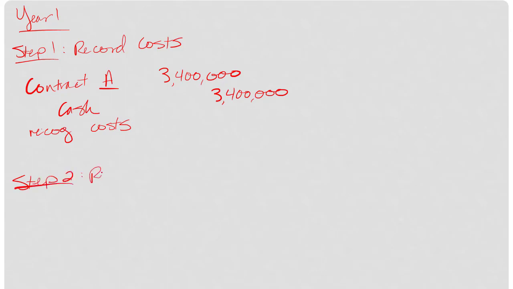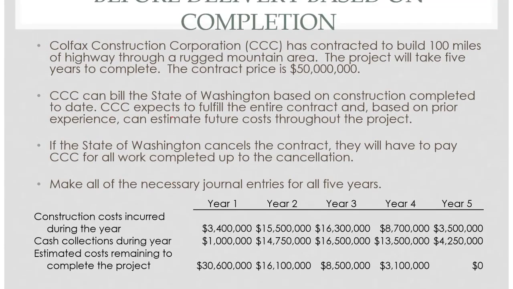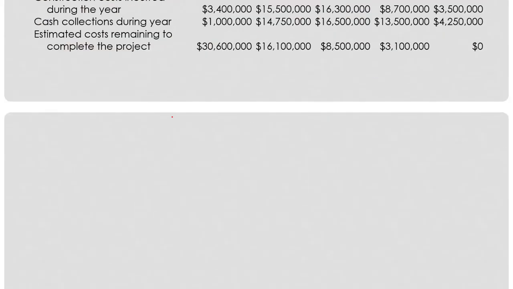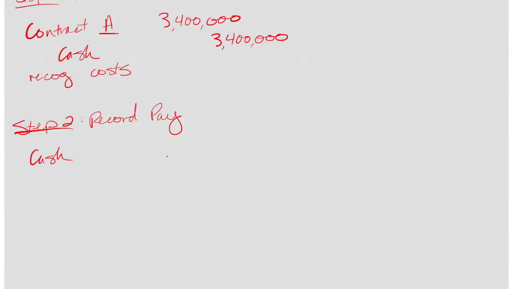Step number 2 is to record any payments. Let's take a look here. It says that they collected $1 million during the year. Cash came in for $1 million. And in this case, I haven't recorded any accounts receivable yet, so it would have to go to my contract liability. Now let's not abbreviate quite that much, that's better. This is to record